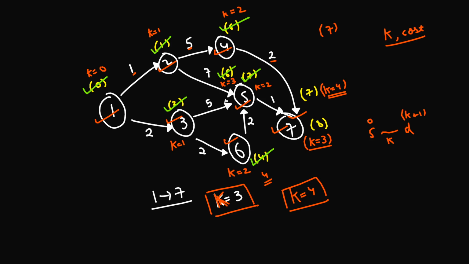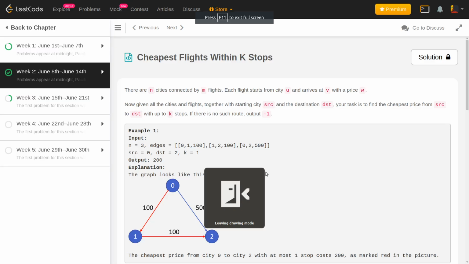Okay, so let's jump to the code section for now, and let's see this whole algorithm implemented in code. Just one thing to remember: in the question, they are giving this k equals 3, so we'll just be adding 1 to this, because as we have seen here, since k is equal to 3, that means that in between we can have 3 cities. So the destination city can have k as k plus 1, which means the destination city can be present at k equals 4. So this is one modification that we'll be doing directly in the question in order to implement this algorithm. Okay, cool.